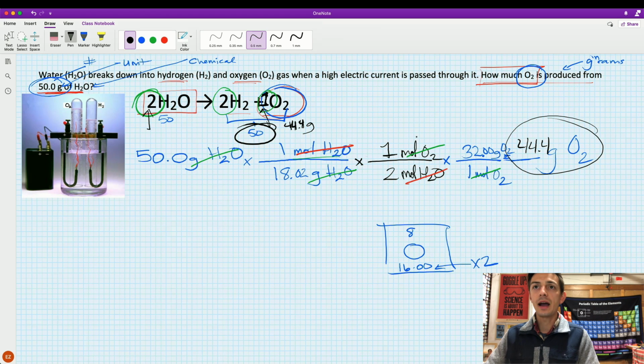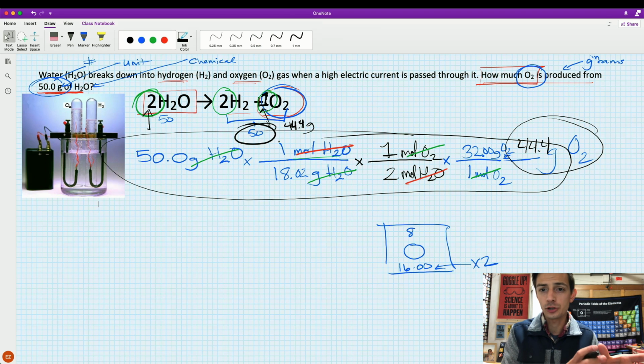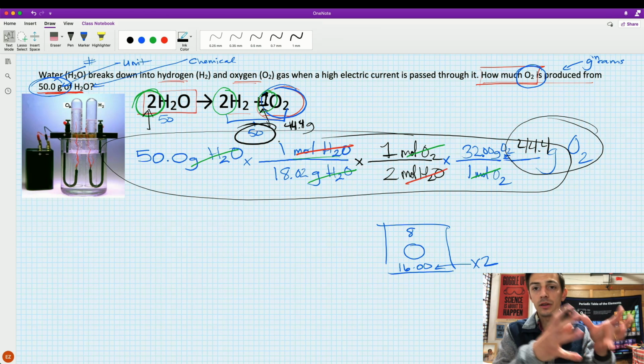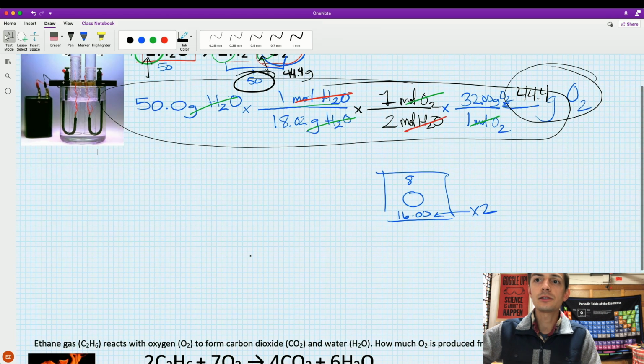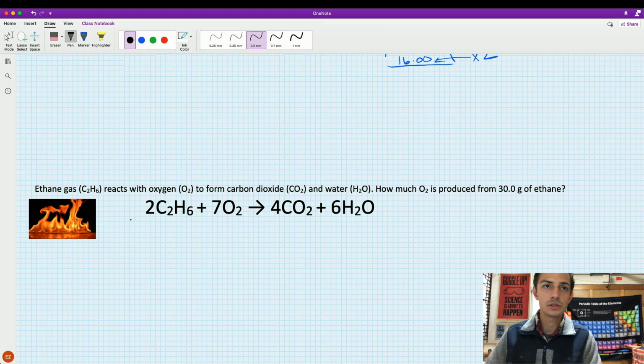I know that looks rather big and crazy, but we're just doing steps of unit conversions in order to put all that together and go from grams that we start with to grams that we finish with. Let's look at a different problem and see if it can sink in a little bit more once we do that. Okay, ethane gas, that's this guy right here, the C2H6, reacts with oxygen to form carbon dioxide